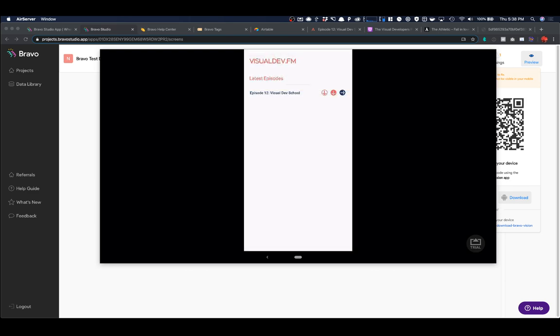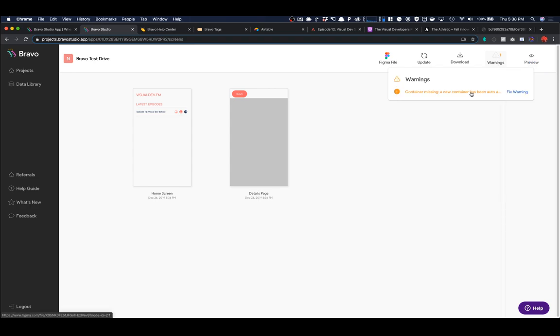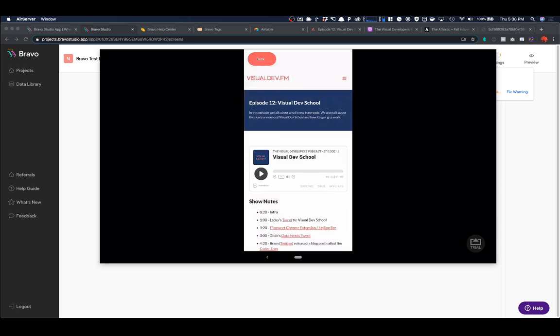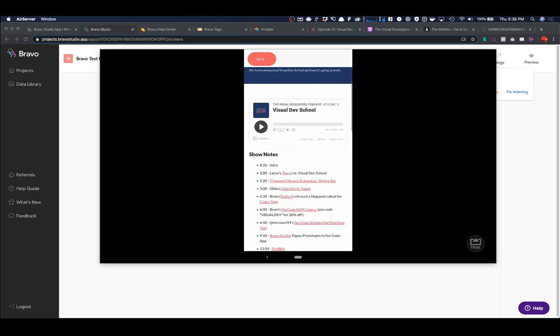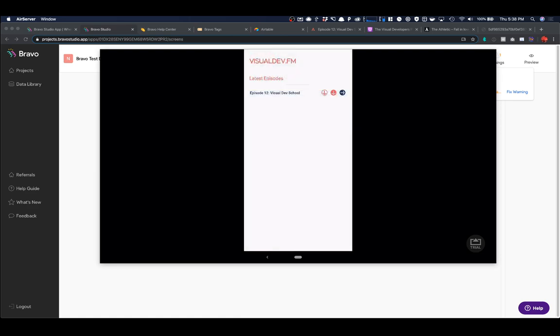And so you can imagine then taking this component, and you can see my warnings. I still have one container problem, but I'll have to work on that. But you can see how powerful this would be if I connected this to an Airtable app or a base, and then I'm pulling all this content in for my episodes dynamically, so that people could listen to the episodes on their phone straight from what I guess would technically be the browser. No download or native player functionality yet for mobile, but maybe an audio component will come, because you can see